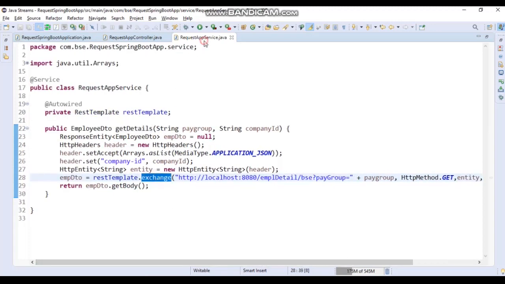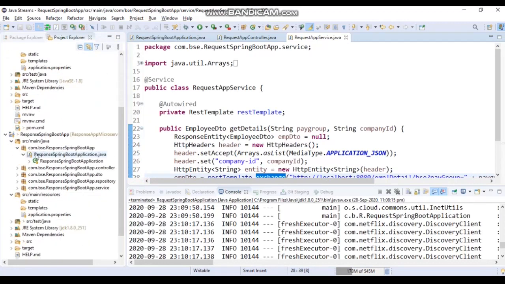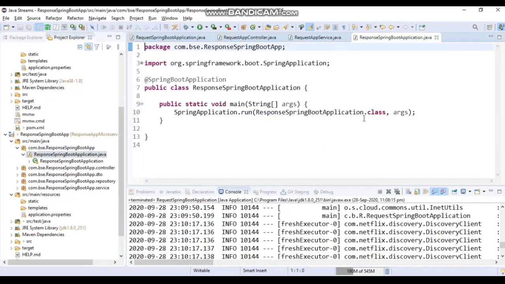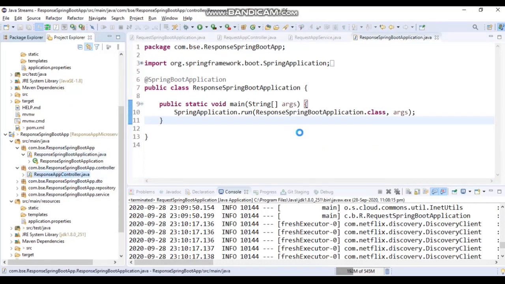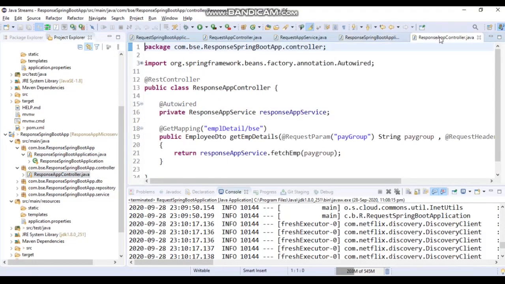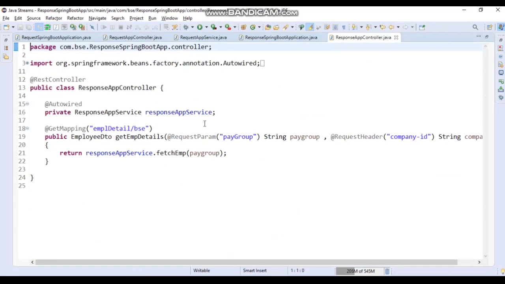Let's go to the response service quickly. So this is the main application file of the response service. Then we have the controller here. The request will go from the request service to this controller, and then from the controller to the fetch employee method of the response service app class.